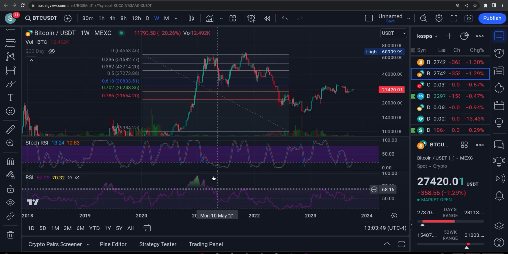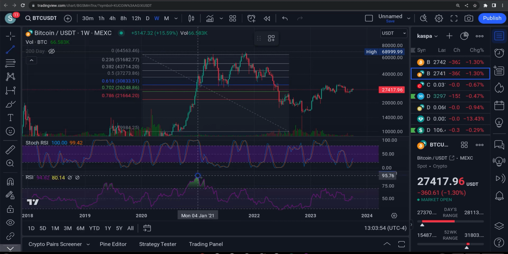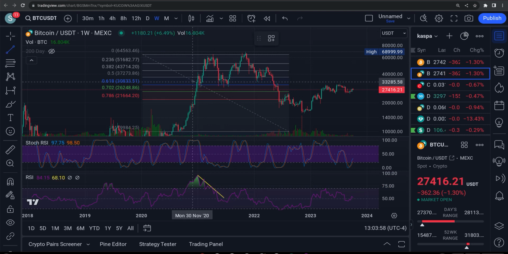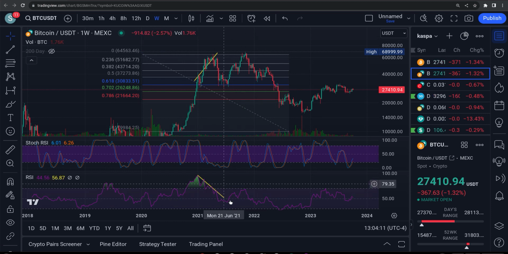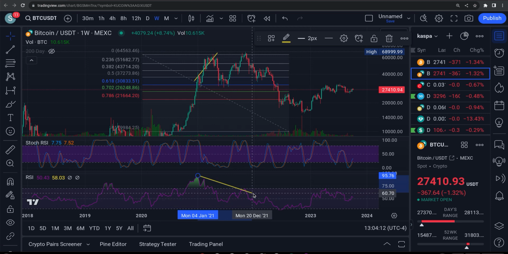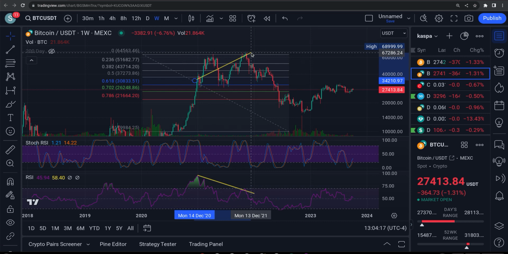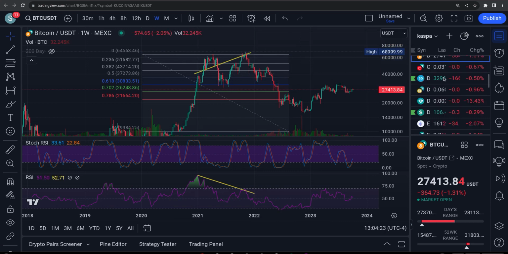But down here on the RSI, we had this here, declining, and we had price heading up. I'm going to show you that. Then over here for this last wave up, you can see we had this high here. Then we did have a higher high on the RSI, but overall the momentum was just shooting down, where the price action was heading up. I just wanted to show you that, because if we go back to Kaspa here,